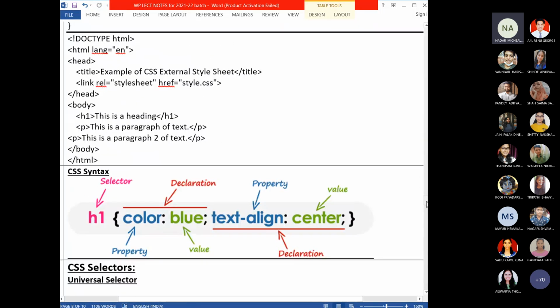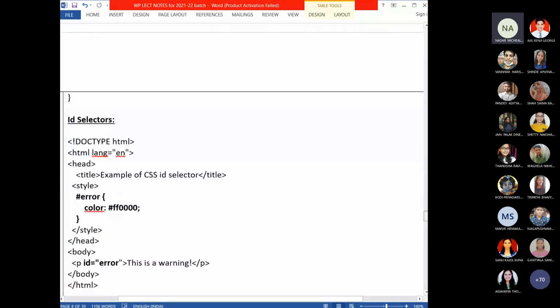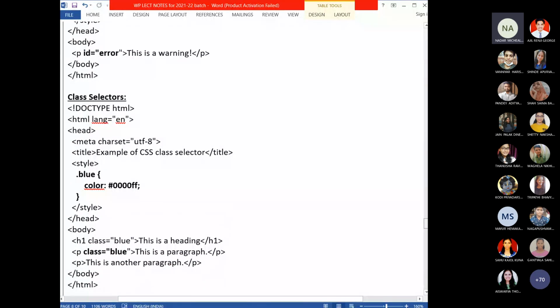These are the basics you have to know to use CSS. If you want to refer to more attributes, there is a list of attributes available in Google. You have to search CSS3, version 3 we are using. HTML5 we used and CSS3. So if you type the properties of CSS3, you will get all the properties.